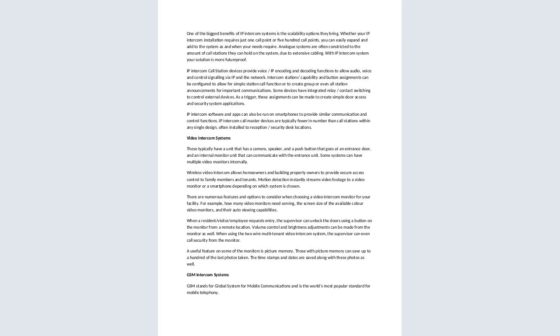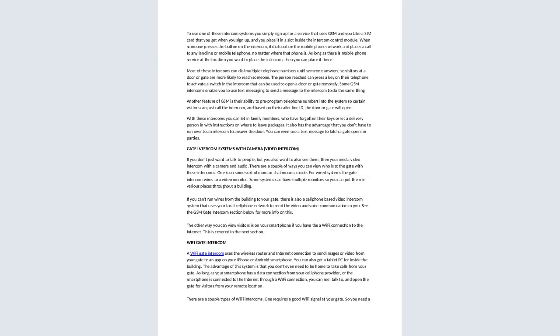There's another one called the GSM intercom system. GSM stands for Global System for Mobile Communication, and it is the world's most popular standard of mobile telephony. Even students who are doing projects mostly use this GSM because it's the most common and most popular these days. To use one of these intercom systems, you simply sign up for a service that uses GSM, and you take a SIM card that you get when you sign up, and you place it in a slot inside